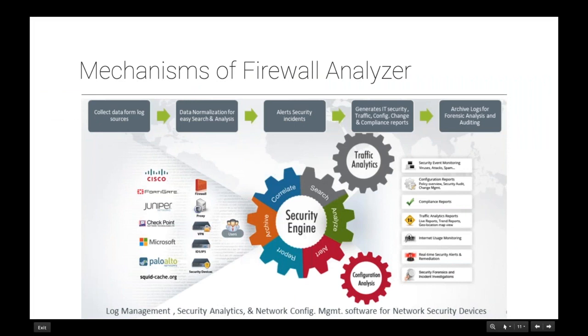So let us now look at the mechanism of Firewall Analyzer. Firewall Analyzer can analyze syslogs from more than 50 vendors. A few major vendors have been listed here. Not only this, apart from firewalls, Firewall Analyzer can also analyze syslogs from multiple network security devices like IDS, IPS,